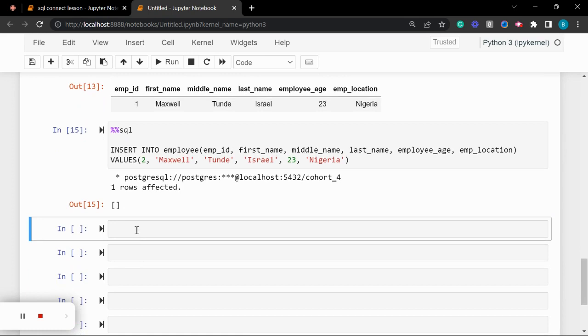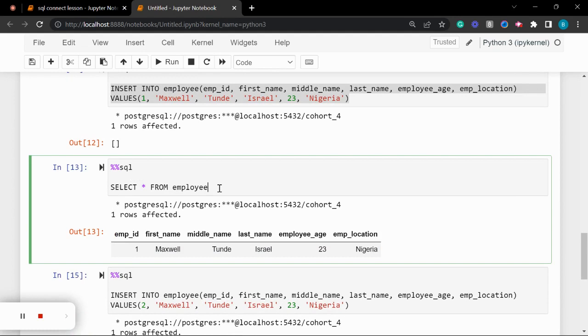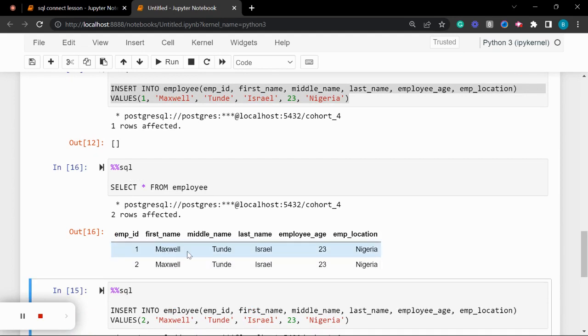Now let's go and reload this. Let me just come here and reload this since I have the command here already. So let me reload this. It shows me Maxwell to the Israel one, Maxwell to the Israel, and this is true. So this makes me understand that this person, despite the fact that the names are the same, the age and the location, so they are both the same, doesn't mean it's the same person because their identification, their IDs are